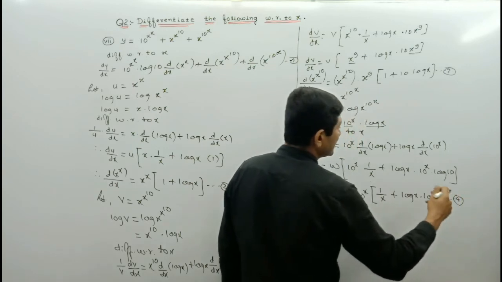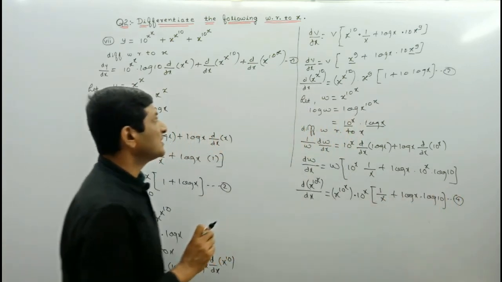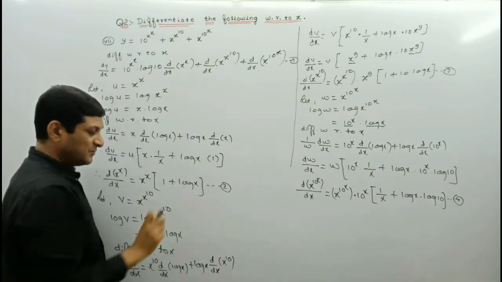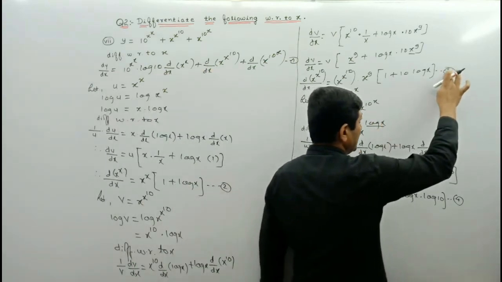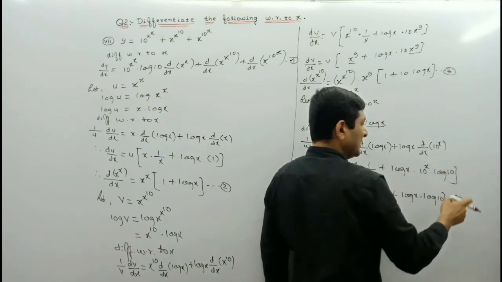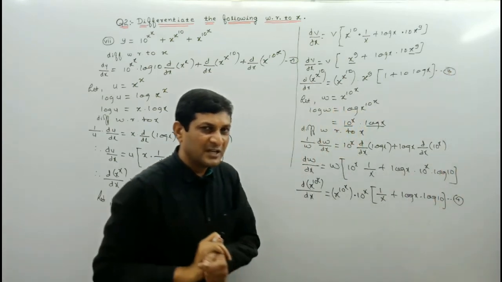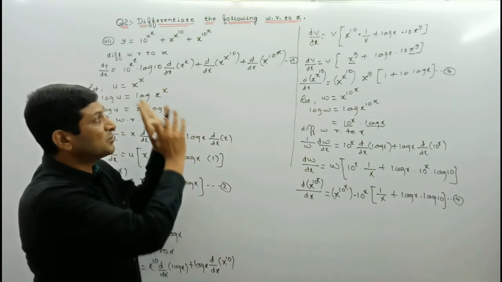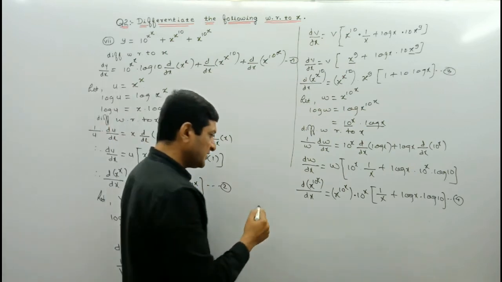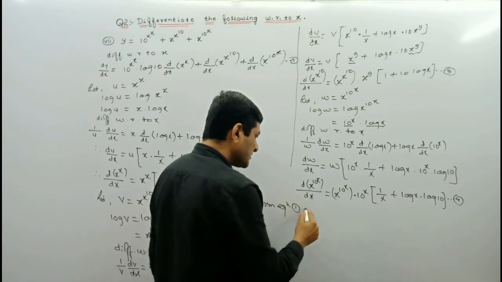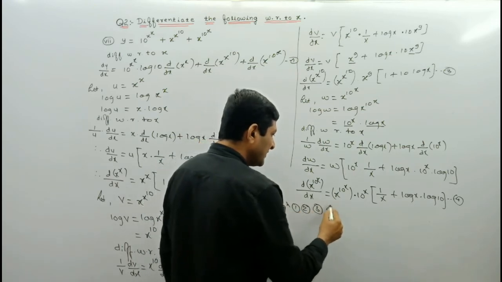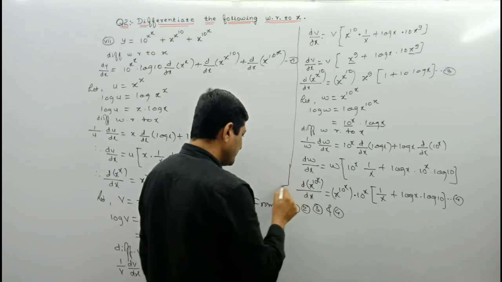Let us denote it by equation number 4, because derivative of this expression we have denoted by equation number first, this by second. Sorry, denote this function, this expression by equation 3, and this by equation number 4. Now only the remaining part is to substitute all these values in equation number first. So from equation first, second, third and fourth, let us see what we'll get here.